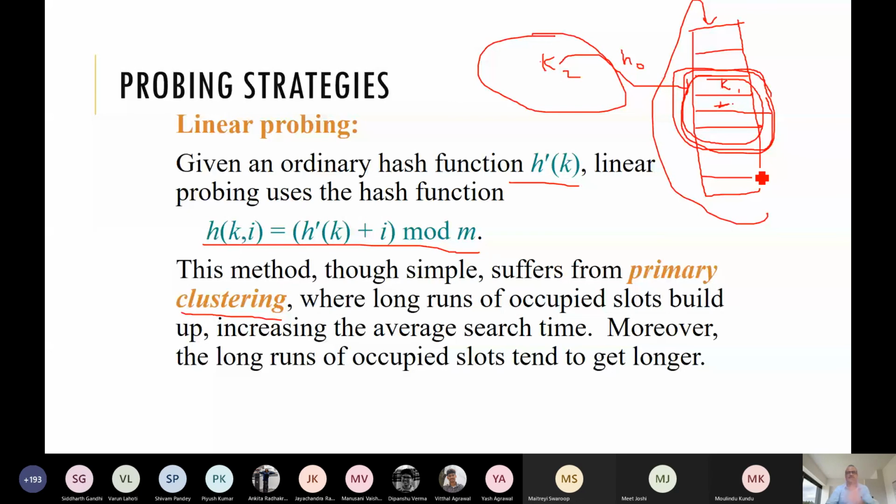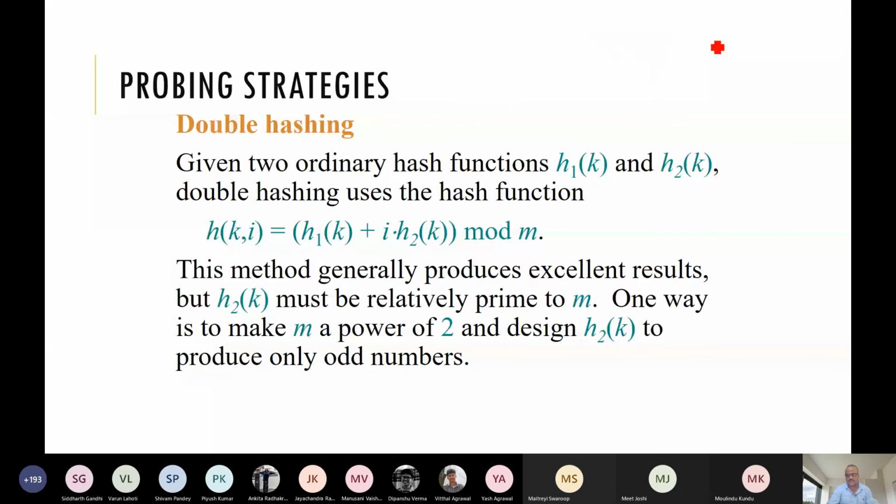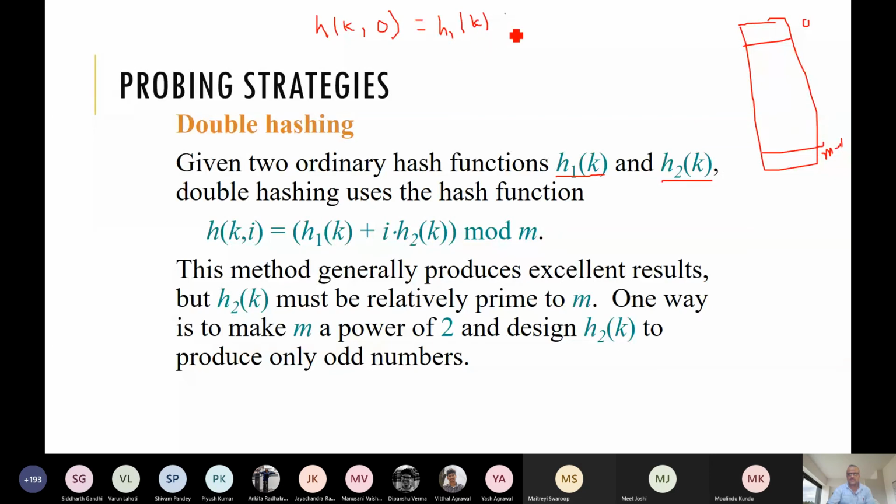So we want to make some arbitrary choice here. Here we are allowing two hash functions, h1 and h2. So what do we do? We have some table. In the 0th probe, or the first attempt, if we have a key, h of k, 0, you can imagine the first hash function, is nothing but h1 of k plus h2 of k.